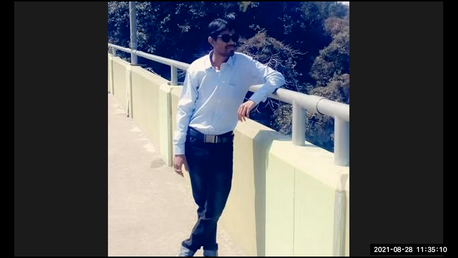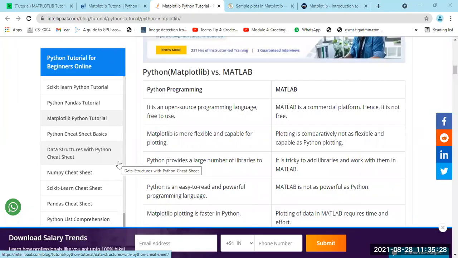So before starting, first we are going to see some basic topics about Matplotlib, and then we are going to start some programming, right? So first, what we can see here is Python versus MATLAB. Okay, now two things are there: one is Python and the other is MATLAB, and these two programming languages are very easy to handle because all the things are predefined in the library and we just need to write the keywords and put our logic in a simpler way.